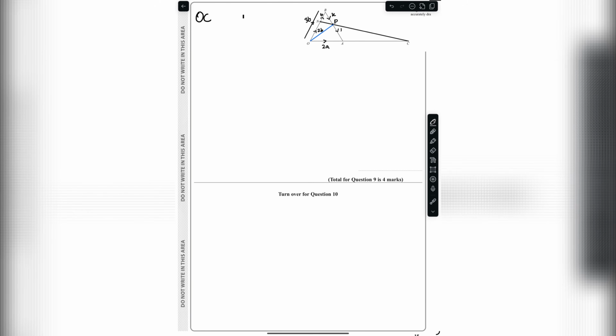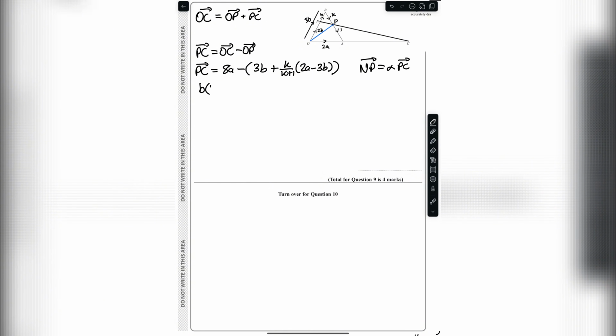Given as OC can be written as OP plus PC, we can state that PC simply equals OC minus OP. So PC can be written as 8a minus 3b plus k all over k plus 1 multiplied by 2a minus 3b. And given as NP is a multiple of PC,